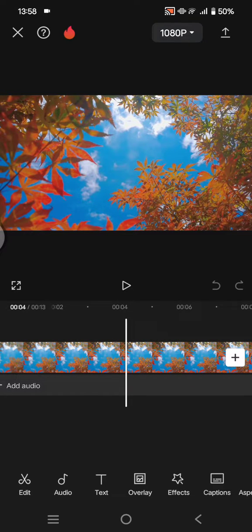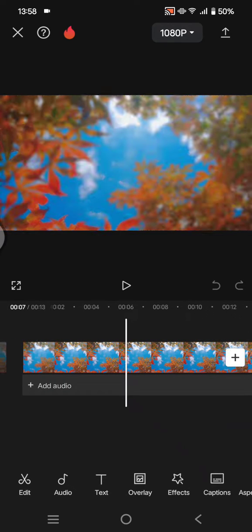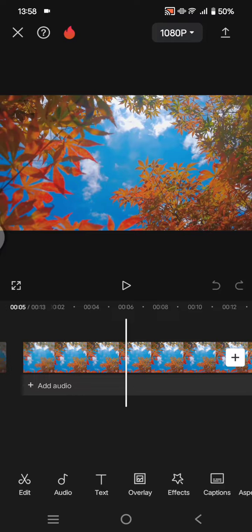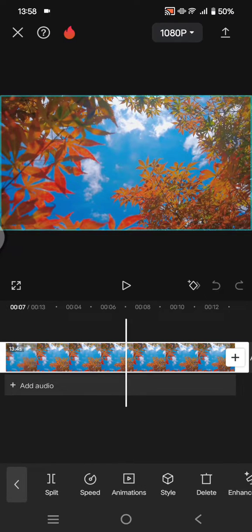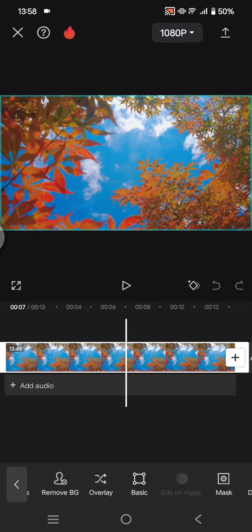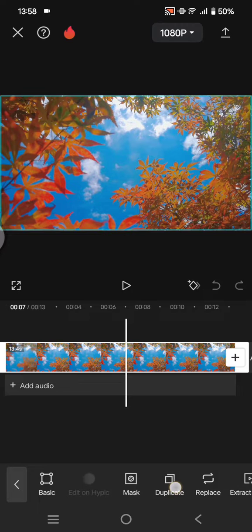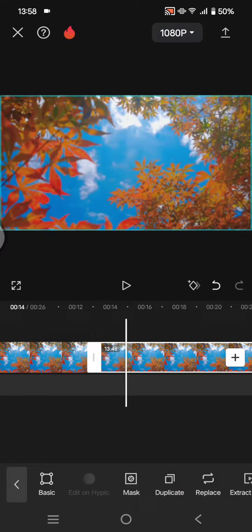On today's tutorial, I'm going to show you how you can copy a video and put it as overlay in CapCut. So here I have this 13 seconds long video that I want to duplicate or copy. So if you want to do the same, just click on the clip on a timeline and find the duplicate button. This one, click on duplicate,